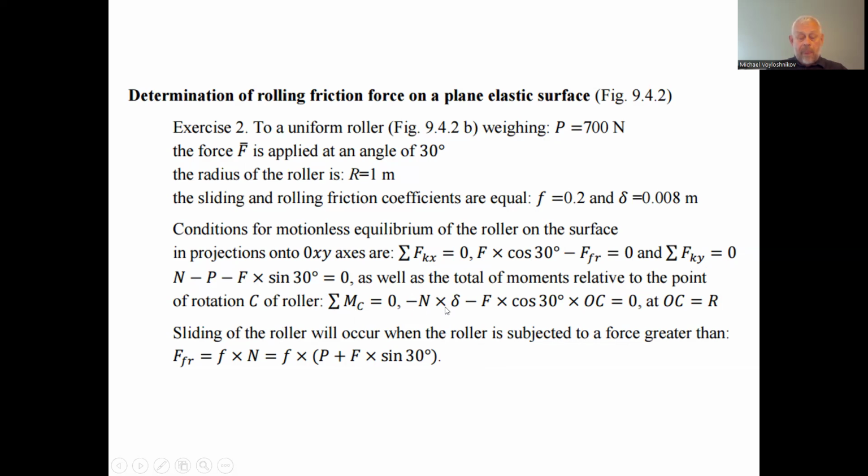So this is the support reaction. The coefficient of the rolling resistance is equal, with the physical sense, to the maximal arm of this force action when the wheel rolls over the elastic surface. The wheel could be of elastic material, and the assigned external force has a horizontal component given by the cosine of 30 degrees, multiplied by the